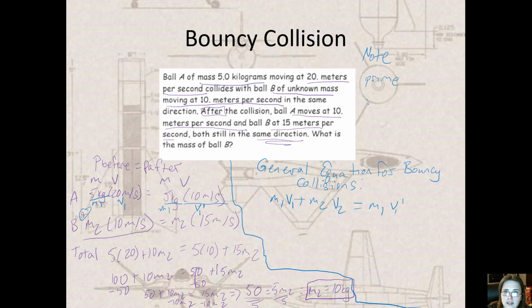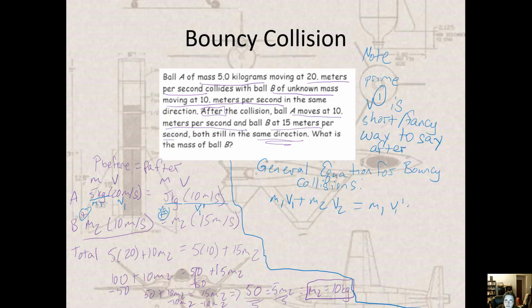So prime, like v prime, is a short, fancy way to say after. In this case. Sometimes it's used for other reasons, but in this case, that's what we're using it for. And then it's also getting added together. So it's plus mass 2 v2 prime. Okay, so this is the general equation